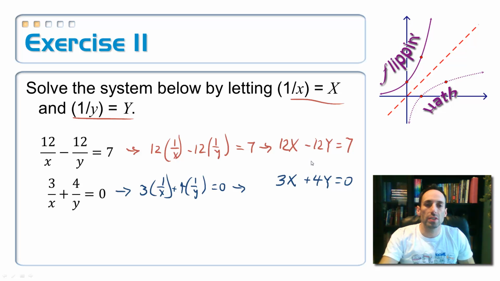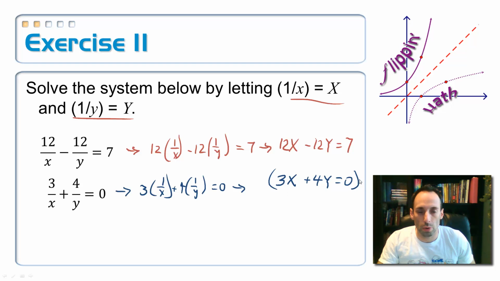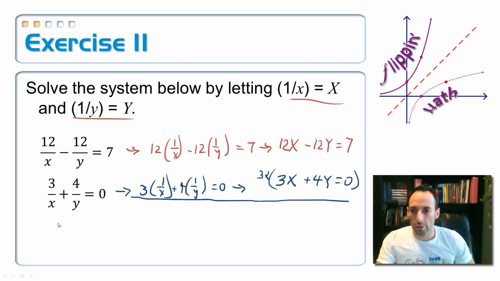And now let's solve this system of equations for either x or for y. How about we solve it for, hey, these things are opposites, the y's are opposites. Let's just multiply this bottom equation times 3, right? So let's come right over here on the far left hand side. Top equation stays the same, 12 large x minus 12 large y equals 7. And on the bottom I would have 9x's plus 12y is still equal to 0. Add them up, and I would get